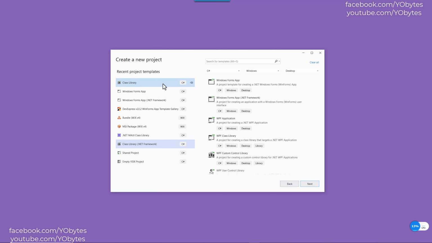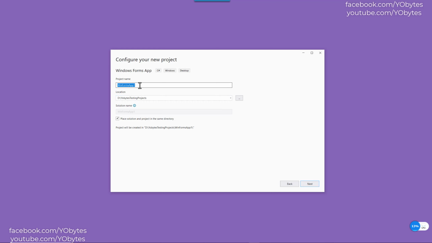Or if you want to create a class library, then you have a Class Library (.NET Framework), right? But for .NET Core, that is .NET 6 or any other, you select Class Library like this from here, where you don't have mention of .NET Framework in the brackets. Similarly, you have Windows Forms App. There is no mention of .NET Framework in the bracket. So this Windows Forms app will be of .NET Core. So if you just select this and say next,